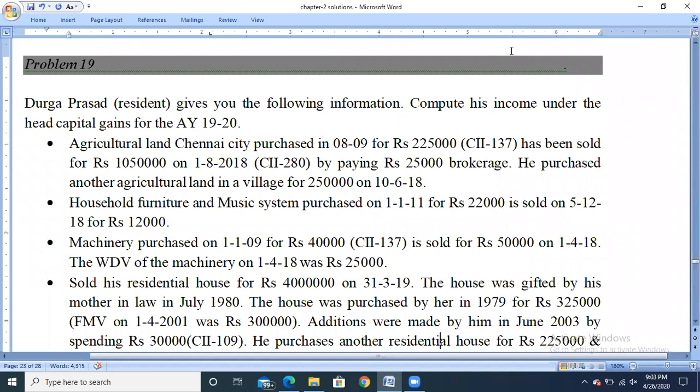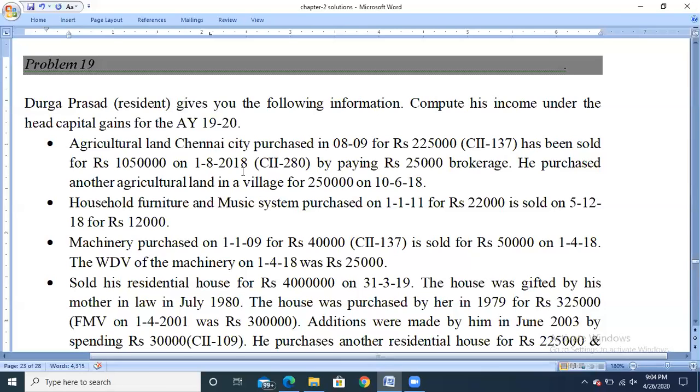Next problem, problem 19. Durga Prasad, resident, gives you the following information. Compute his income under the head capital gains for the assessment year 2019-20. First one, agriculture land, Chennai city, purchased in financial year 2008-09 for rupees 2,25,000. CII value for financial year 2008-09 is 137. It has been sold for rupees 10 lakh 50,000